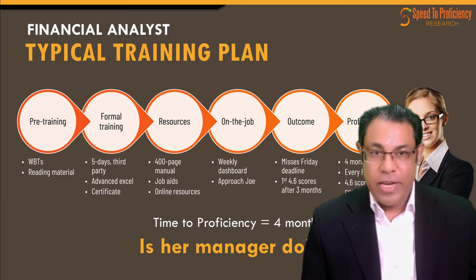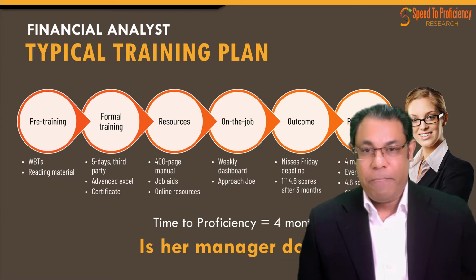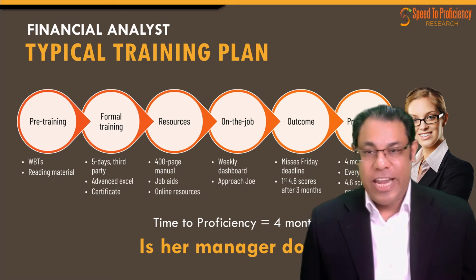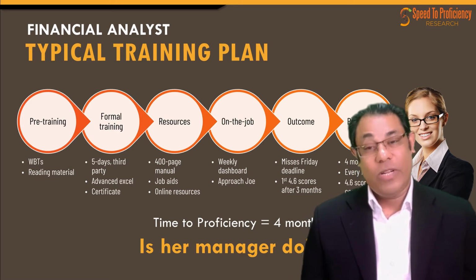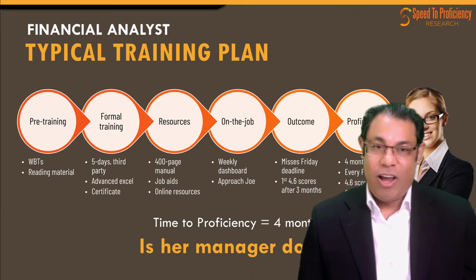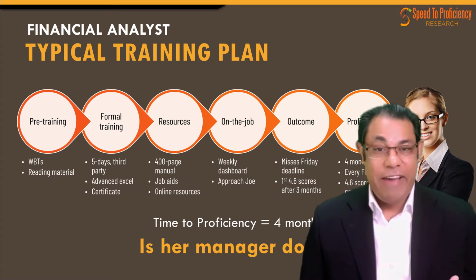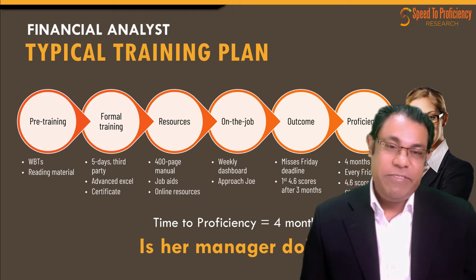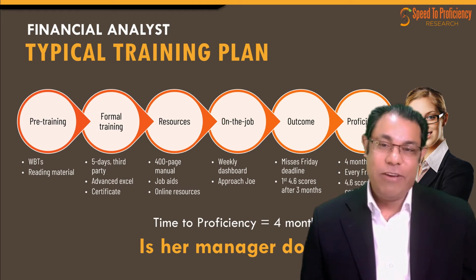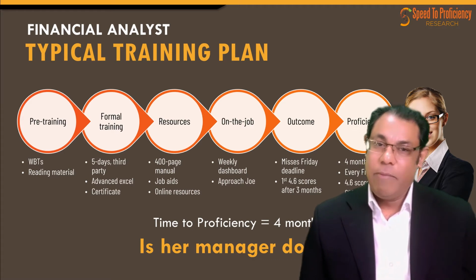Here is one typical example of a training plan designed for such new hires. Upon joining, she is asked to go through some basic web-based training and orientation while waiting for formal training. The formal training class is 5 days long, offered by a third party, covering foundations of Excel, graph, computation, and advanced functions. She received a 400-page manual, a certificate after attending the class, and some job aids plus an online